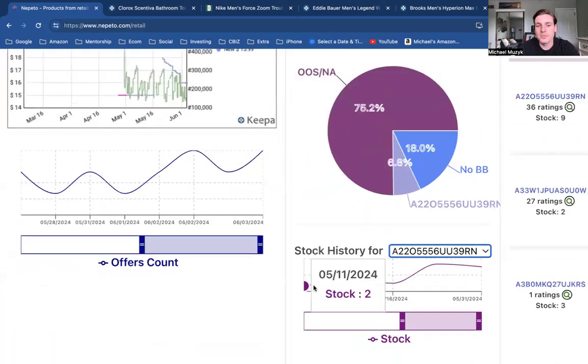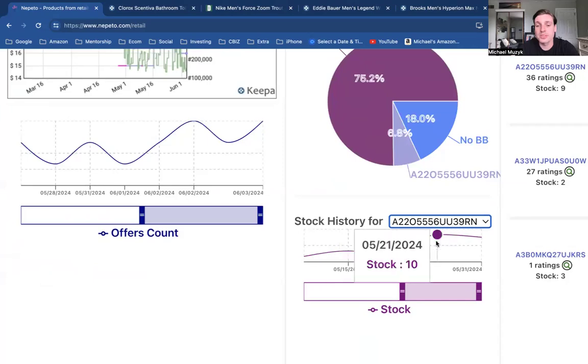This is pretty advanced stuff, but you can actually see how their stock is selling. For example, this person had 10, and in about 10 days, they sold 1. So maybe this isn't a product that I want to buy. On May 16th, it seems like they bought 7 more of this item. Yeah, so they sold about,